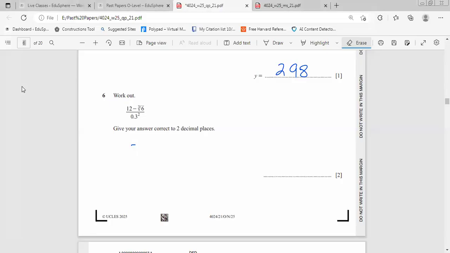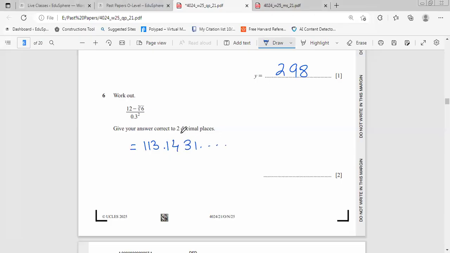Okay, so when we talk about this 12 minus cube root of 6 divided by 0.3 squared, it's important that when such questions come up, you directly put the value in the calculator. So I'm going to subtract exactly: 12 minus the cube root of 6, and the answer should be divided by 0.3 squared. I'm putting everything in directly, and the answer I got is